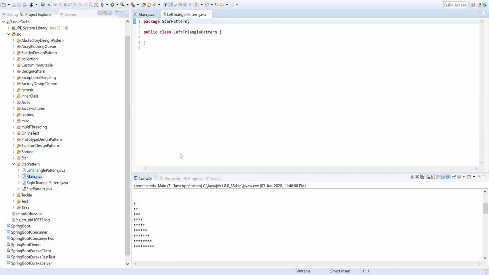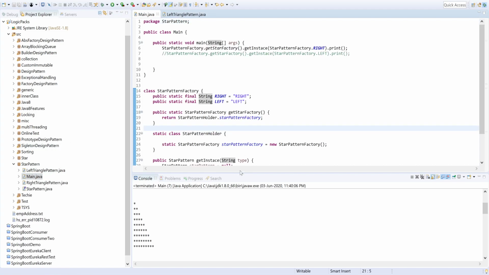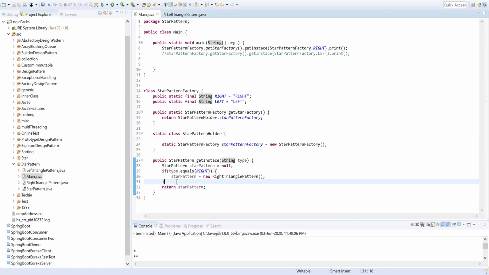So what we would do: if type equals left star, return a new left triangle pattern.